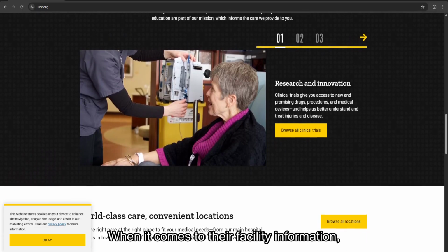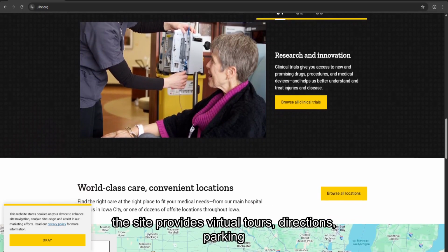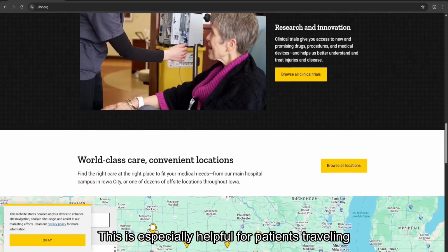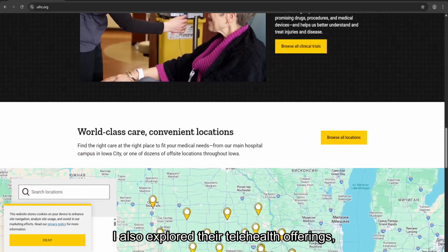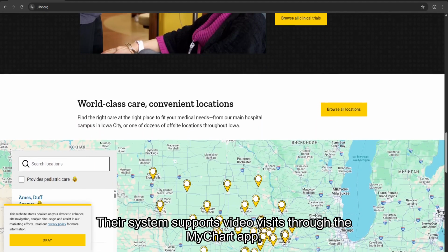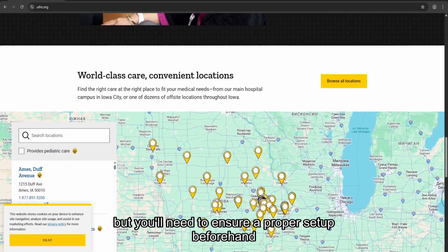When it comes to their facility information, the site provides virtual tours, directions, parking info, and even nearby lodging options. This is especially helpful for patients traveling from out of town. I also explored their telehealth offerings, which are becoming more important these days. Their system supports video visits through the MyChart app, but you'll need to ensure a proper setup beforehand, and tech